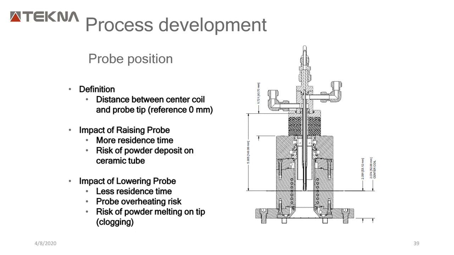So now the probe position. I can alter my probe position up or down based on the distance between the coils from the tip to the exit nozzle. This gives me the chance to play with my residence time, or the space of my plasma where I can exit my powder, so that it gives it either a low residence time or a high residence time. All this comes at this place here.